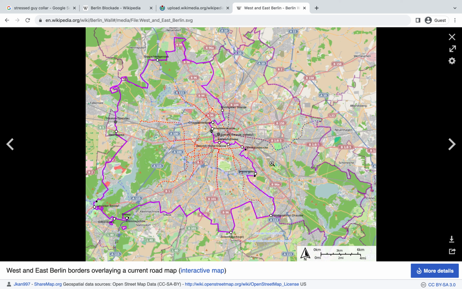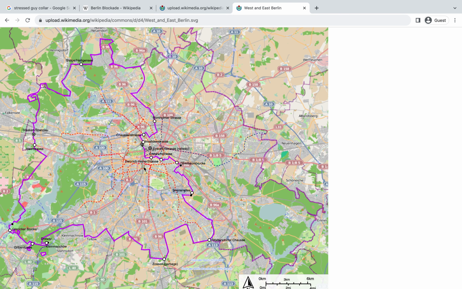Basically, the or else what came in the form of not really letting diplomats cross over into East Berlin. So a diplomat is someone who, as long as they show their paperwork, can travel freely between these two parts of the city quite easily. Kind of out of nowhere, the Soviets were not letting them through. And when the Soviets weren't letting them through, John F. Kennedy decided to retaliate.